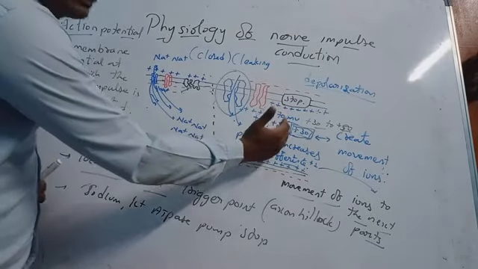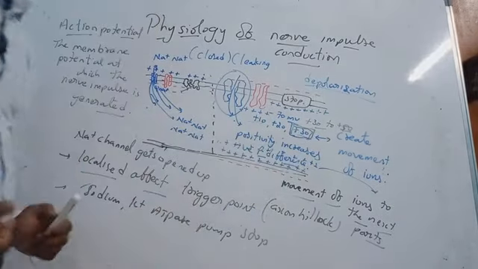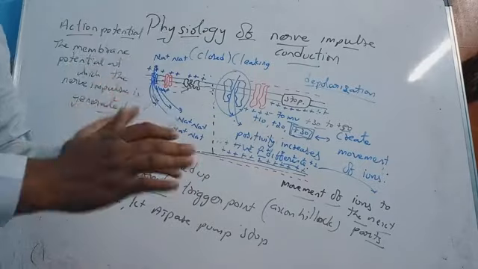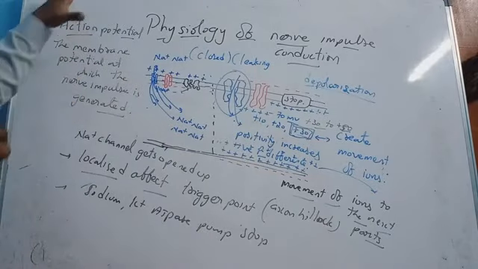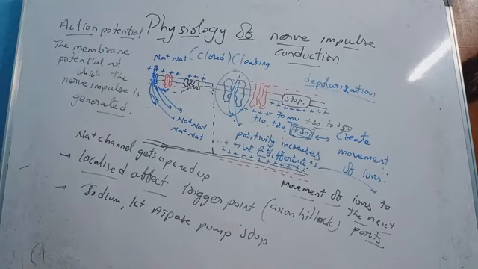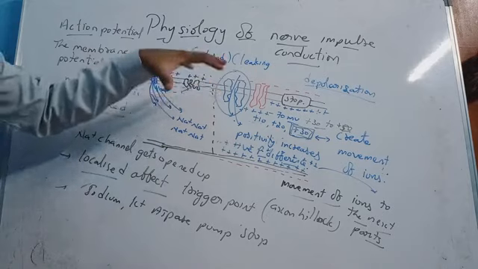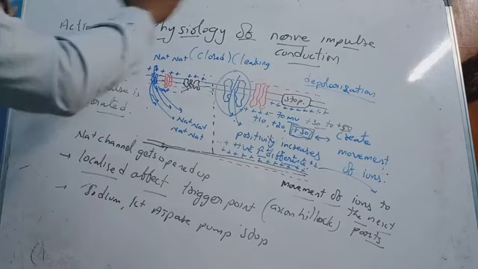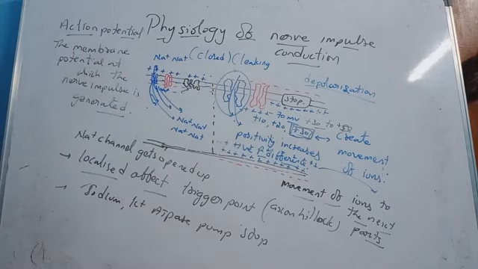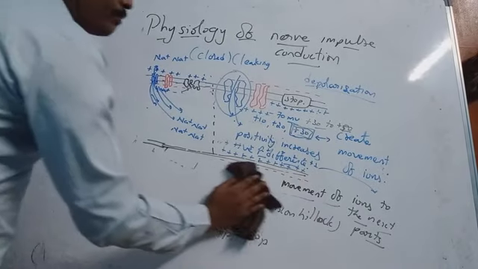Okay. So now this action potential has made these ions go to the next spot. That comes in conduction. We'll discuss that point. But just remember, this is the action potential. This is the generation of the action potential, or we can say generation of the nerve impulse. The nerve impulse started here. Now for this action potential generation, we have some factors. We have some rules. What are they? The rules of the action potential, or the factors affecting action potential.